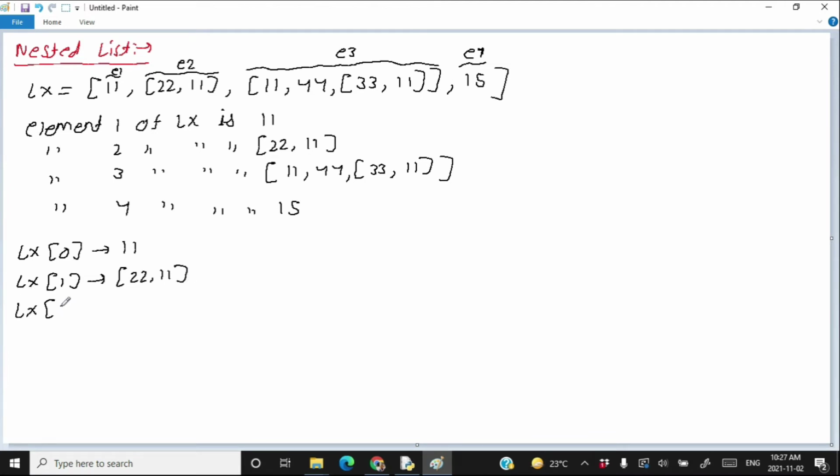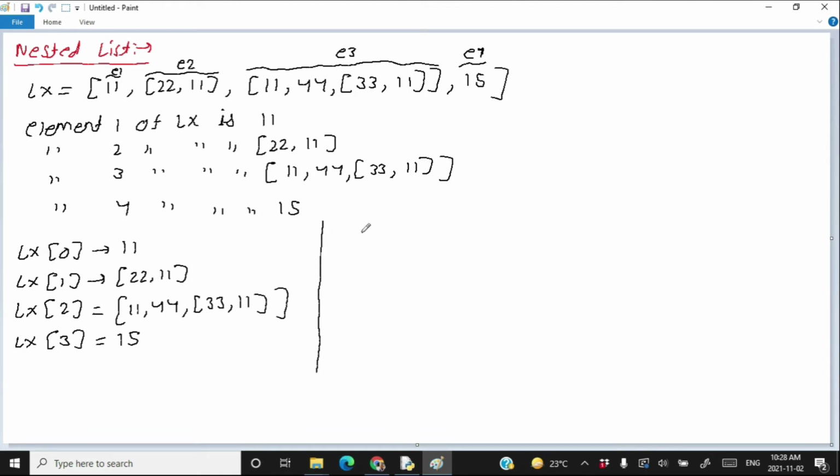LX2 means this list 11 followed by 44 followed by 33, 11, and then closing of this list. This is the element number 3, and LX3 is 15.